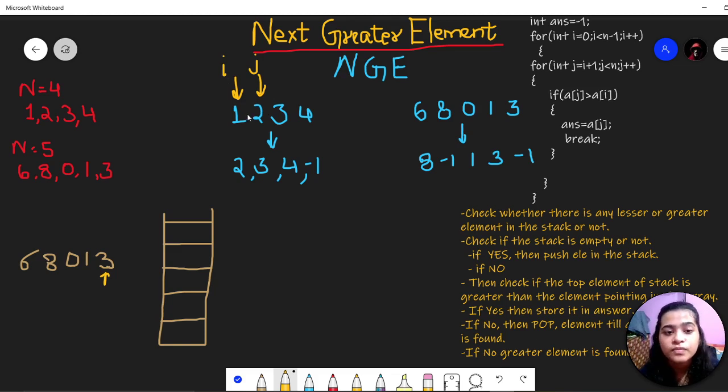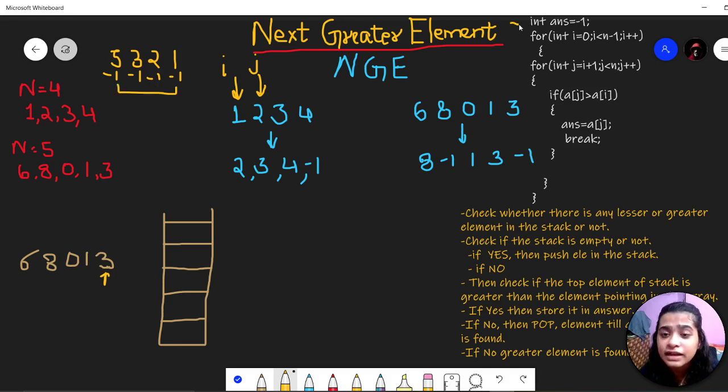And if we are not able to find any greater element, suppose the array is 5, 3, 2 and 1, there is no greater element present on the right hand side. For 5 it is -1, for 3 it is also -1, for 2 it is also -1. If we are not able to find any greater element, we have to print -1.